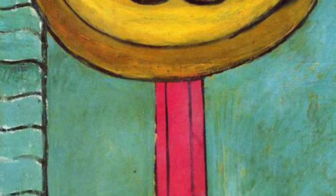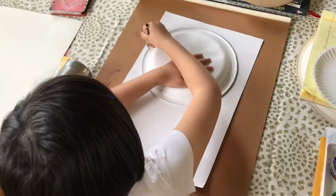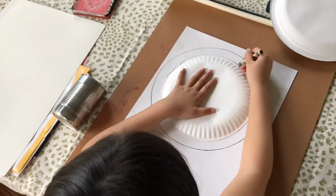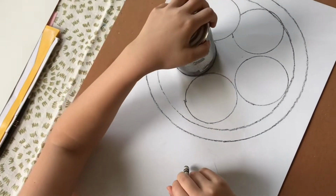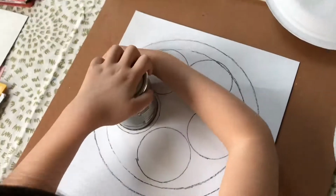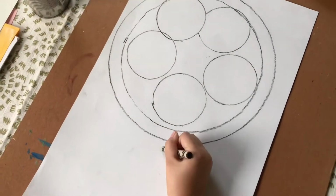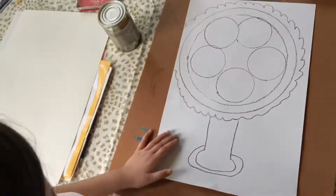Hello students, yesterday we were looking at Matisse Apples. He did a beautiful painting, so we wanted to be inspired by him. We traced a large plate and then a small plate and then used a can to make apple shapes. After we had about 5 apple shapes in our bowl, then we added a fancy outside and drew a fancy